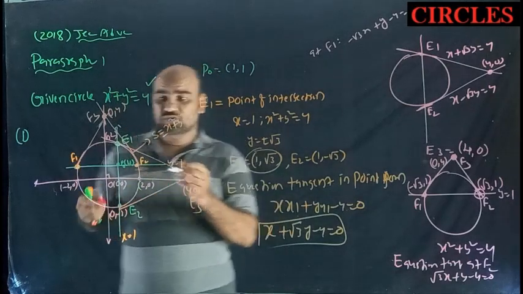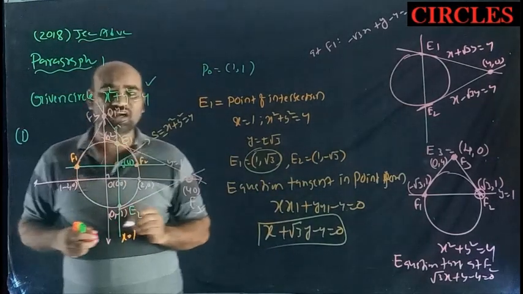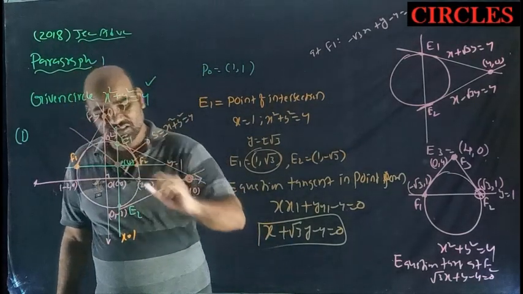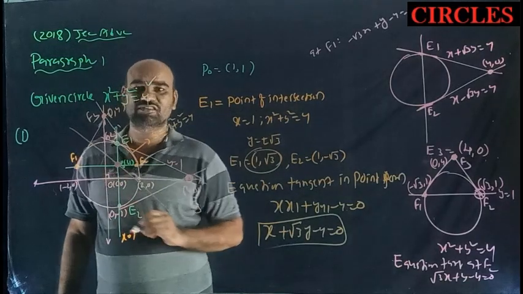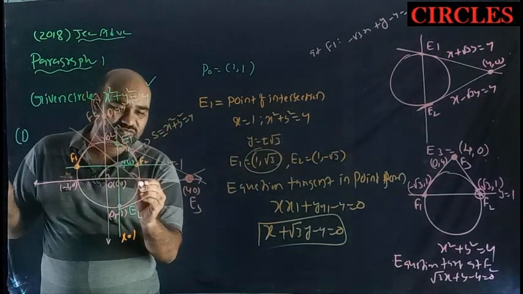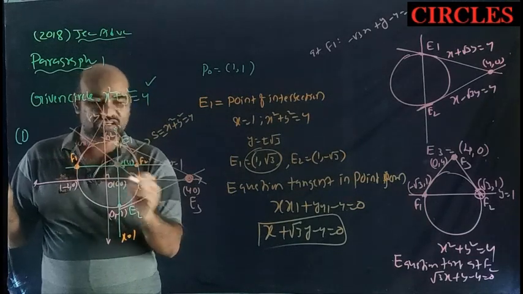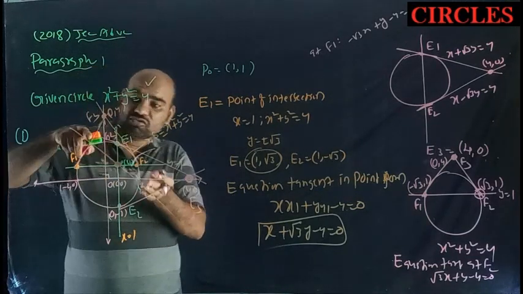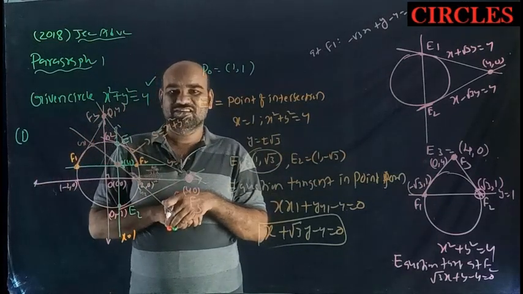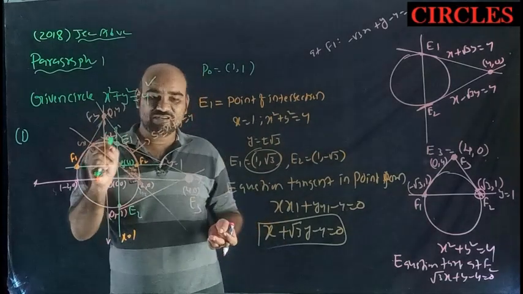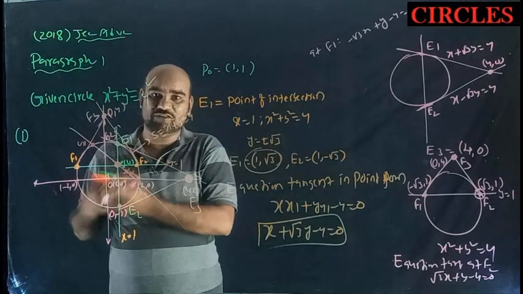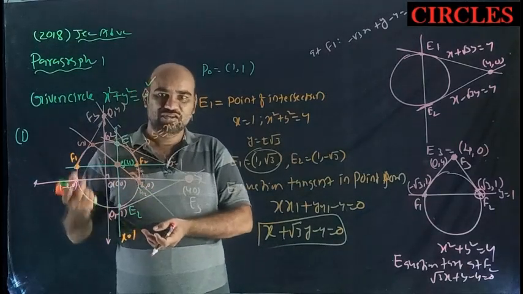Next, through P naught a line is drawn whose slope is minus 1, which means the inclination is 135 degrees. It meets the circle at G1 and G2. Again, through G1 and G2 tangents are drawn, and the meeting point is called G3. After finding G3, the points G3, F3, and E3 lie on which of the following curves? Here 4 options are given.